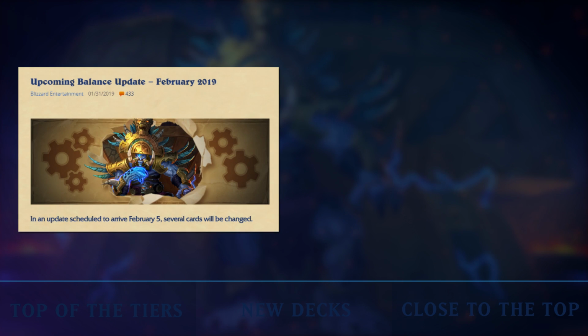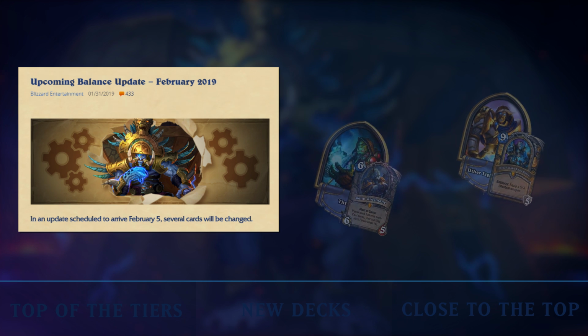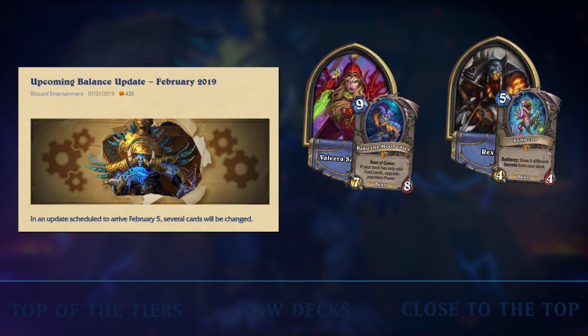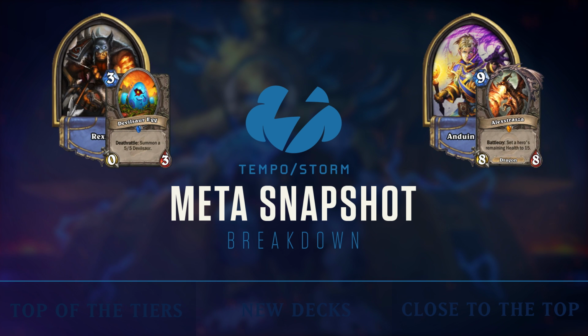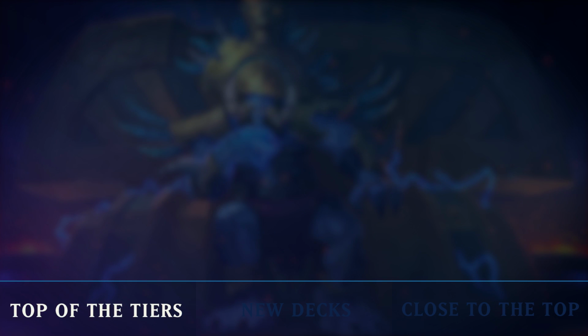The February balance patch is shaking up the ladder, with many high-tier decks virtually disappearing overnight. Top contenders such as Odd Rogue and Subject 9 Hunter are now significantly weaker and have thus fallen lower in the tier lists. Due to how early it is in the post-nerf meta, it's hard to tell what decks are flavors of the month and which ones will become top-tier mainstays, but the Meta Snapshot captures how the best decks are currently performing. Let's jump right into Tier 1 and see what decks are currently taking advantage of the new